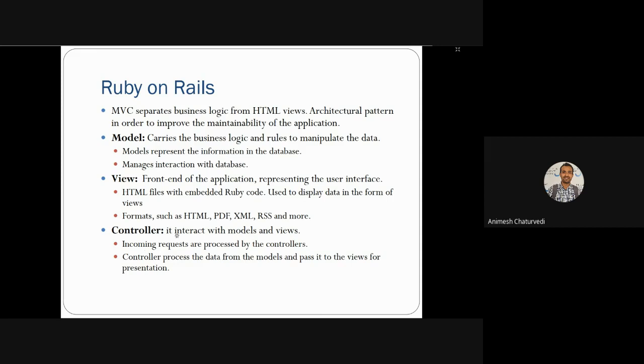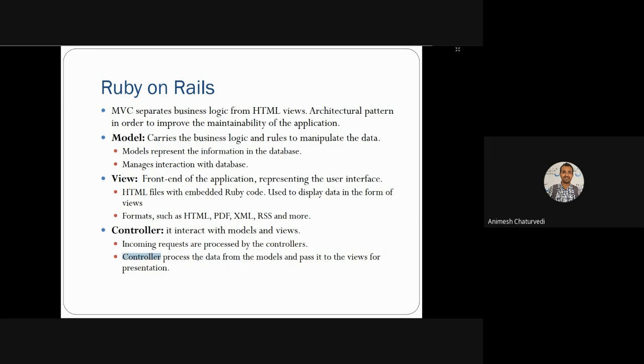And then the controller is basically the interaction of model and view. How the model and view interact is shown in the controller part. The controller manages the incoming request and processes the output according to the incoming request.